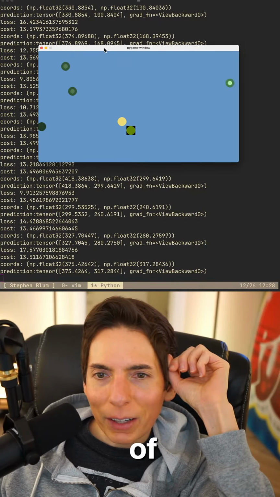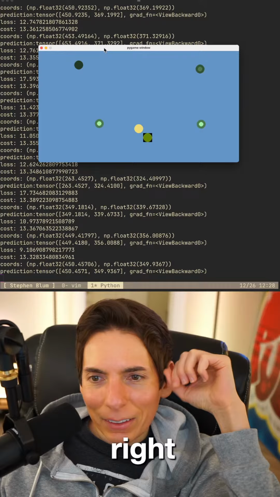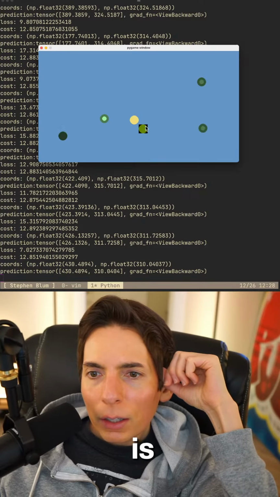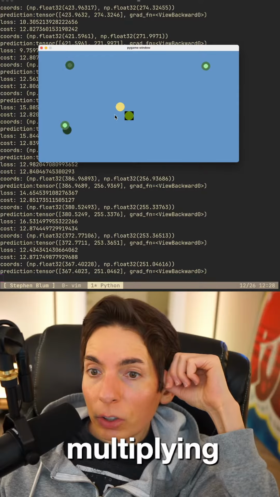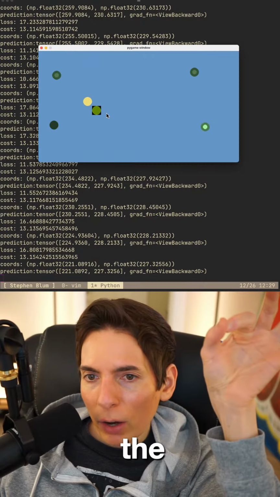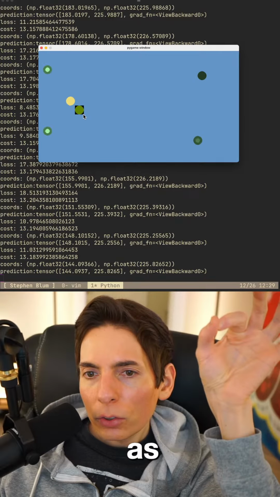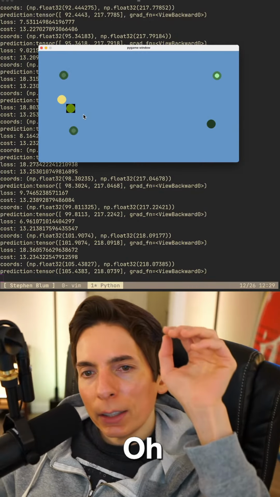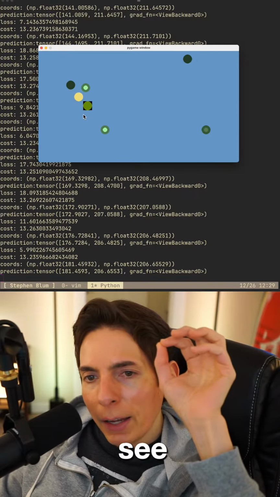It kind of drives me nuts. I know, right? We got some issues. But it is multiplying though, because I chose yellow, and it is multiplying with the blue background. Oh, I see. I get it now.